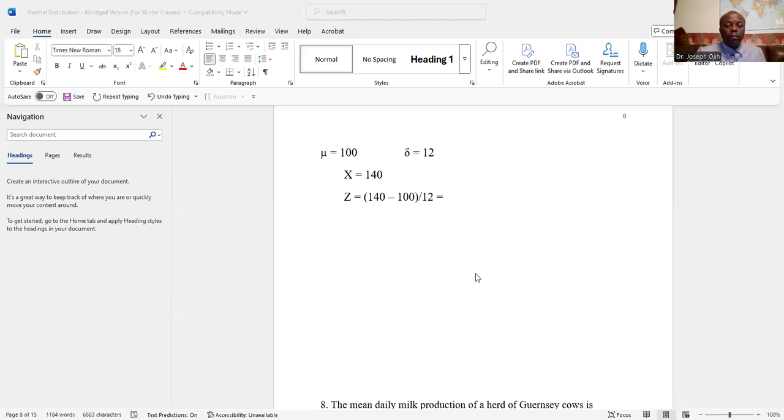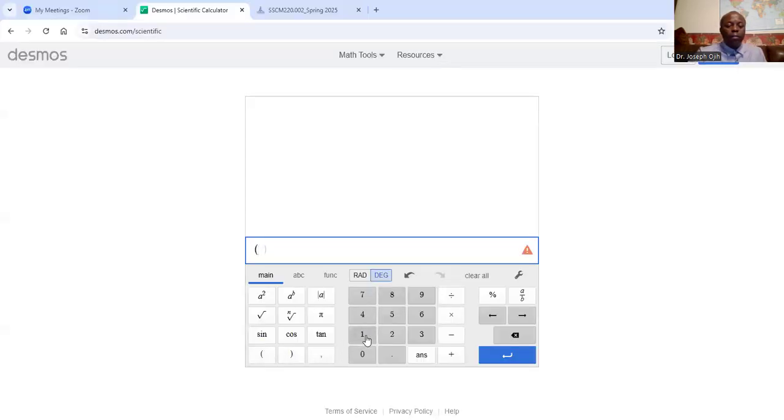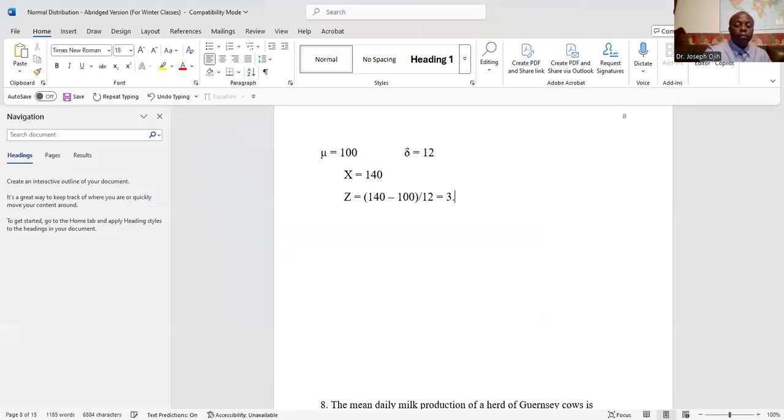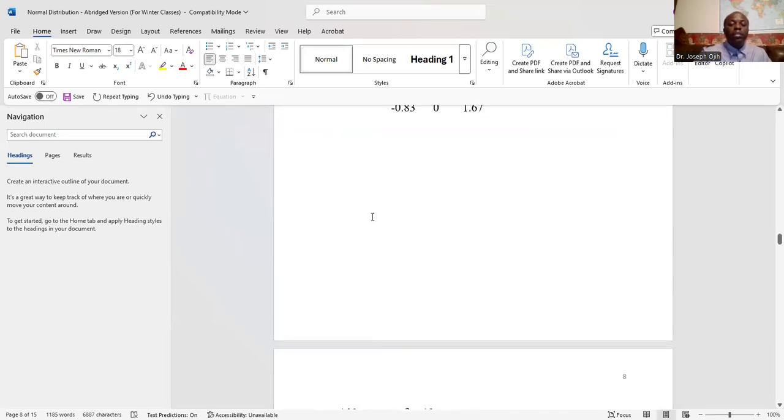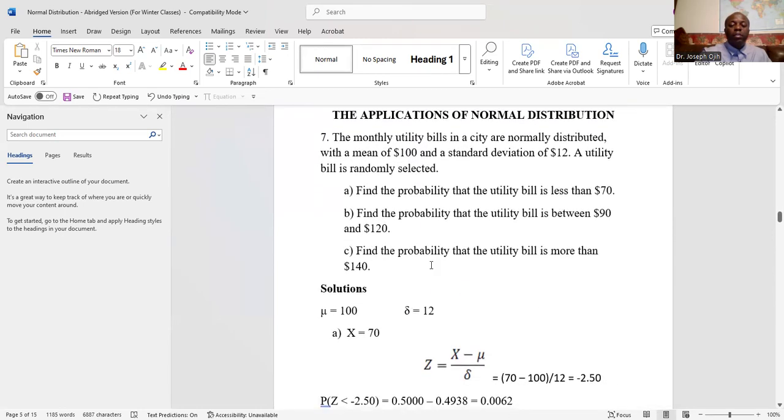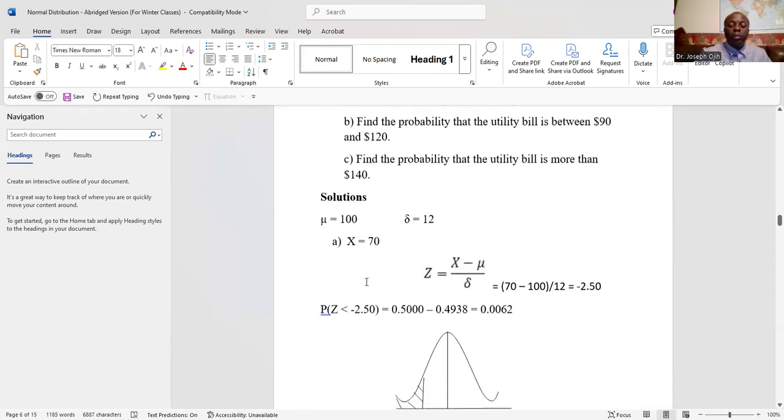We have 140 minus 100 divided by 12, which gives us 3.33. Let's go and put it in there. So it is no longer 140. It is now 3.33, and it's no longer an X. It's now a Z, which means that the probability that the bill is more than 140 becomes